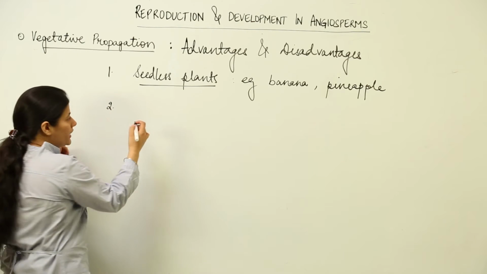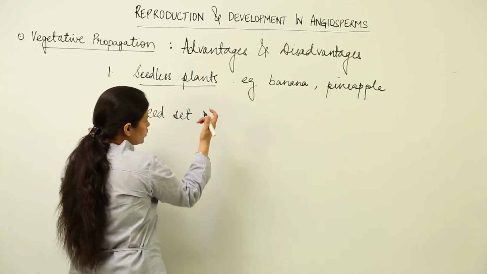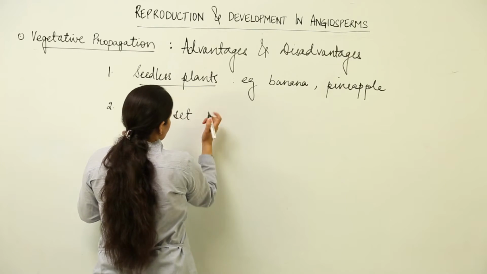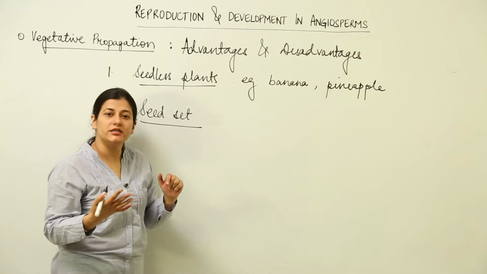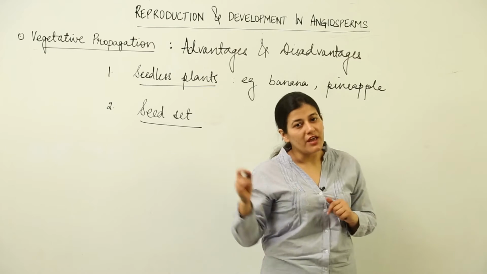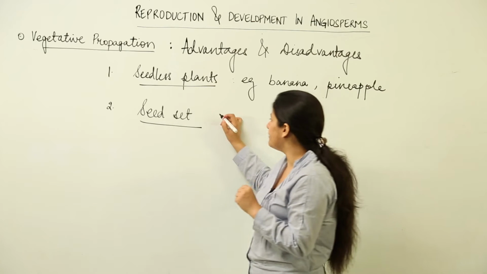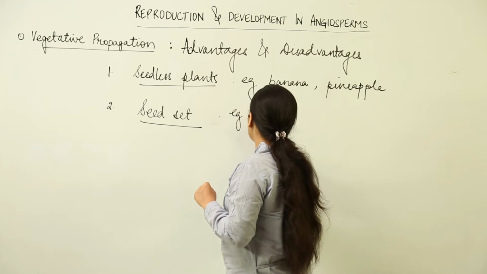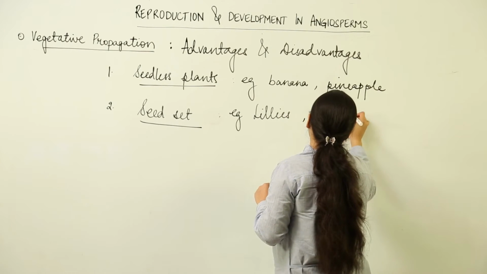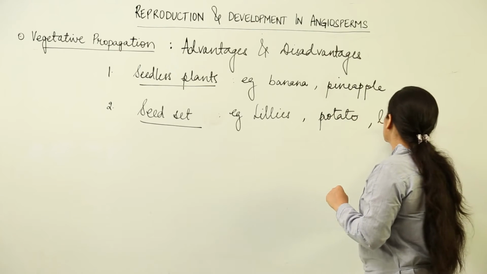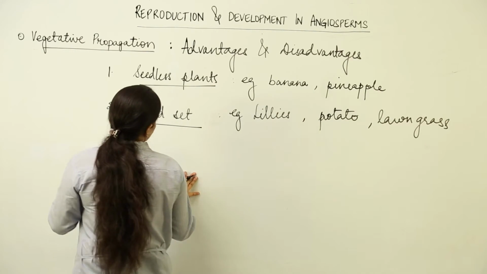Second is, supposedly a plant is having a seed set which is very much limited, a small seed set is available. Then also the plant can propagate very easily by the process of vegetative propagation. The example is that of lilies, and the other example is potato, and of course lawn grass. Now, these plants have a very limited seed set, so it is easier to get the offsprings by the